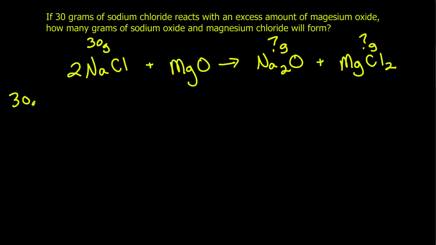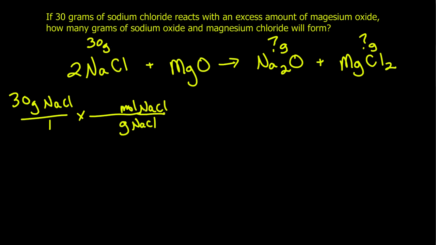So I got 30 grams sodium chloride. I need to change that to moles. Grams is on top, so we put grams on bottom to cancel it out, and I'll change it to moles of sodium chloride. Well, in 1 mole of sodium chloride, how many grams are there? Sodium is 23. Chlorine's 35. Should make 58. I believe that's right. So 30 divided by 58 gives me 0.52